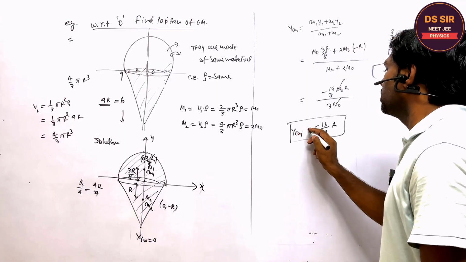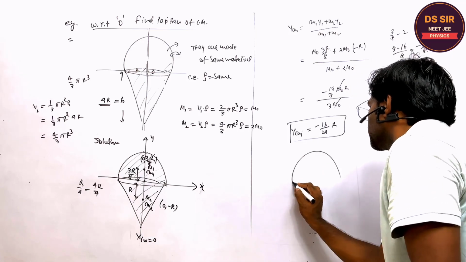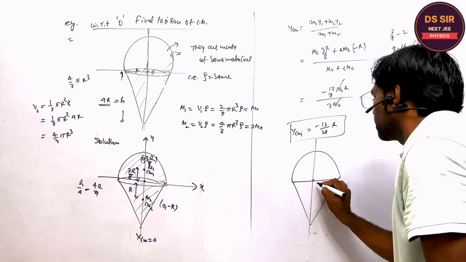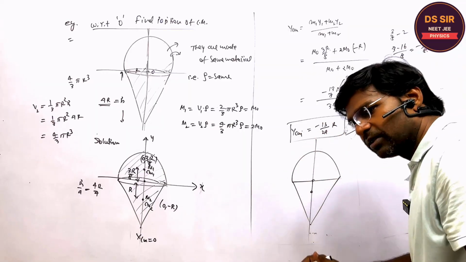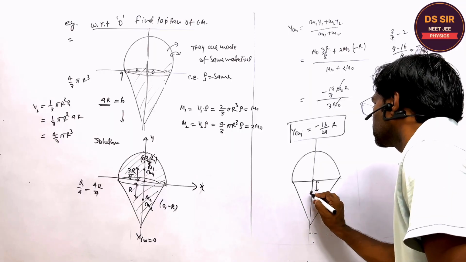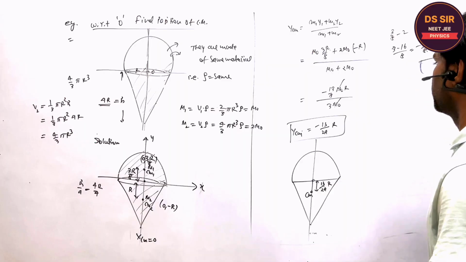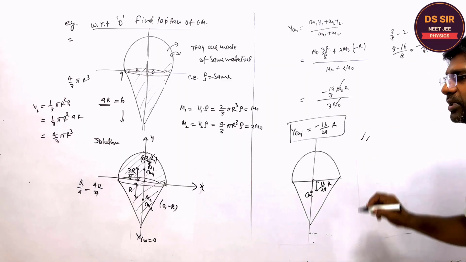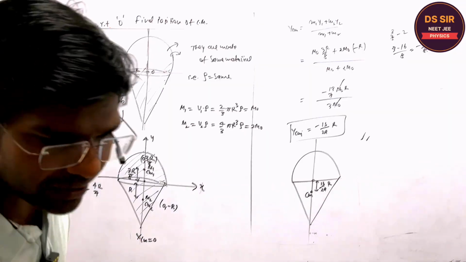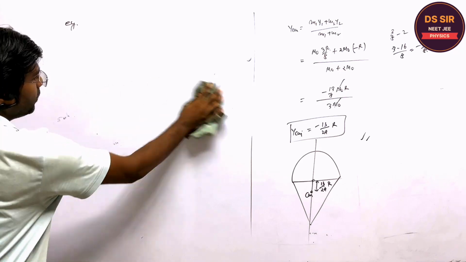With respect to origin, we have found it. So the center of mass of this body, suppose this is the cone plus solid sphere, will lie right below the x-axis, at a distance of 13 upon 24 R. Is it clear or not? Copy this. This is one important question. I have seen this type of question given in your sheet, so I will give you the homework. Okay, now we move to the next